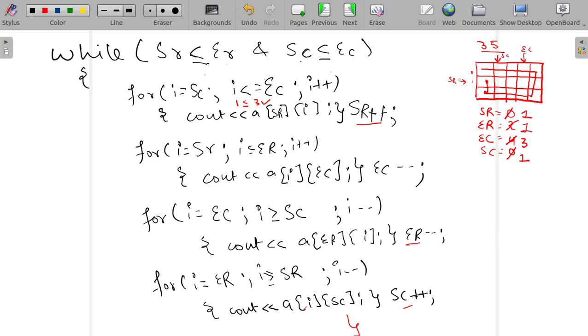So keeping the value of start row constant, it will print from start column till end column, so this much part will be printed. Now this was all that we needed to do. Okay, now we don't want to print any output anymore, so we will check that none of the loops now print any output, right?